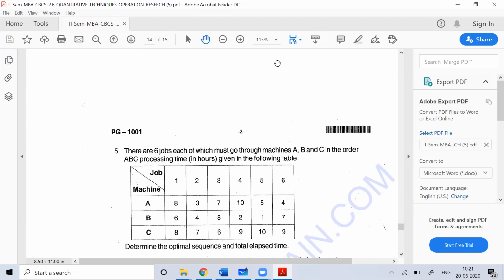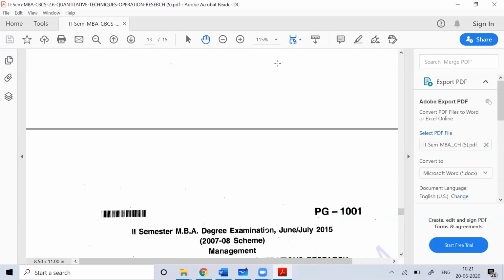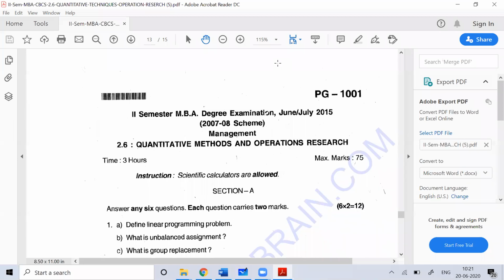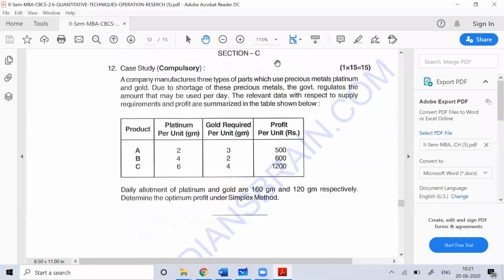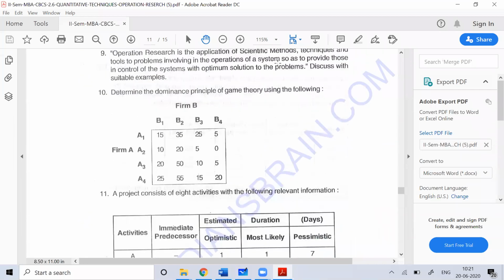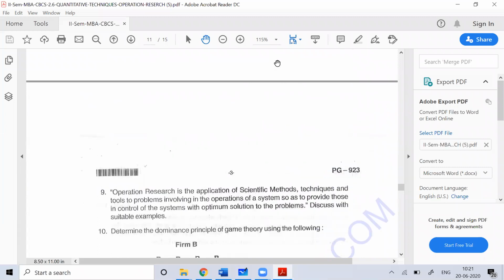So you can see which questions have come, and I have done that for you, so that at exam time you will not face any difficulty. The purpose of doing this question is to give you the confidence that yes, I can do it. If you get that confidence, the work is done from my end. It means I am doing a decent job if I am able to make you understand. In case you're finding any difficulty in understanding, you can refer to my videos anytime. That's the reason why I'm solving exam questions simultaneously, so that you should not face any difficulty.